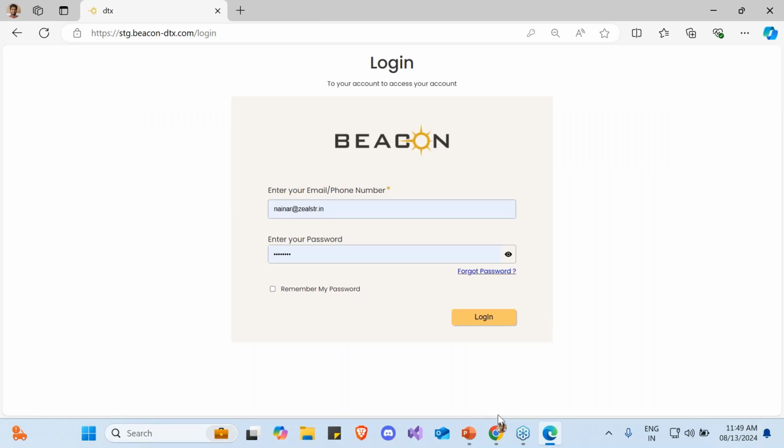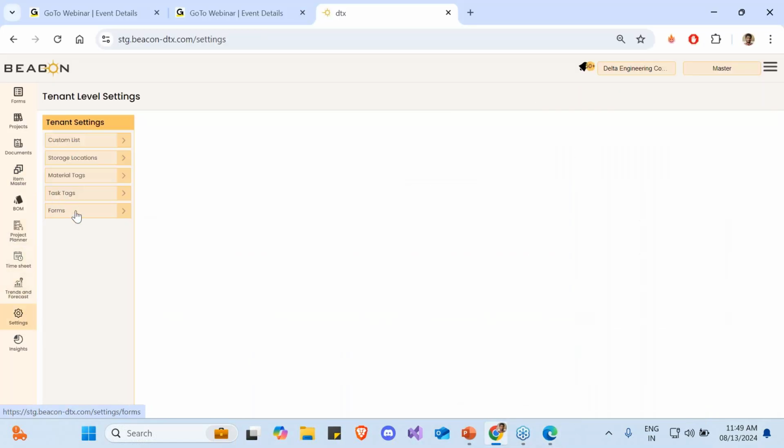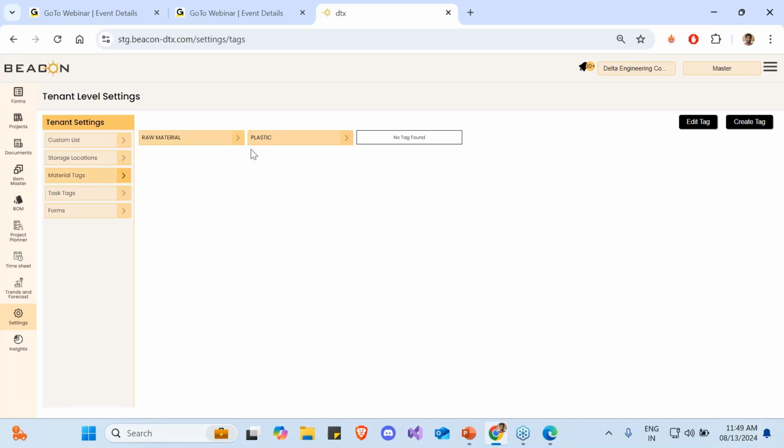Okay. Similarly, in my case, I have put one particular category that is for the raw materials. Let me just show you that. So here I've created raw material. I'm defining whether it's a plastic or not. I can further define other properties, like whether it is steel or stainless steel, and under the steel you can define carbon steel, or composite steel, or stainless steel, whatever be the case, you can define the category.